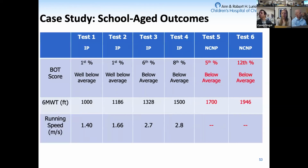The nice thing is that we are able to track our patients over time, so she continues to follow in our school-age neurodevelopmental clinic. You can see that at her first neurodevelopmental clinic visit, she had dropped her BOT scores overall, but she is now on a more positive trajectory, and you can see how her 6-minute walk test distances have continued to improve. One of the big things I learned with her case was that her mom commented